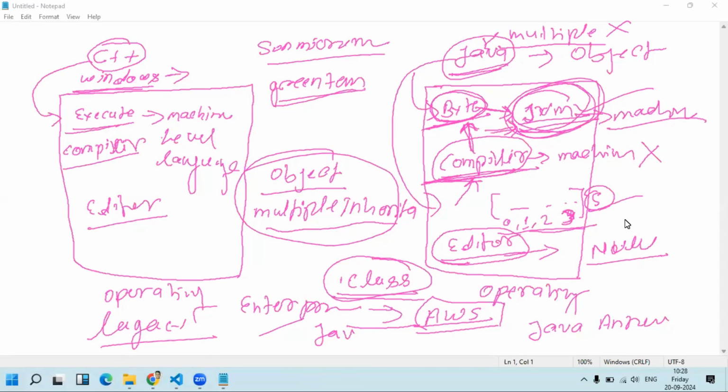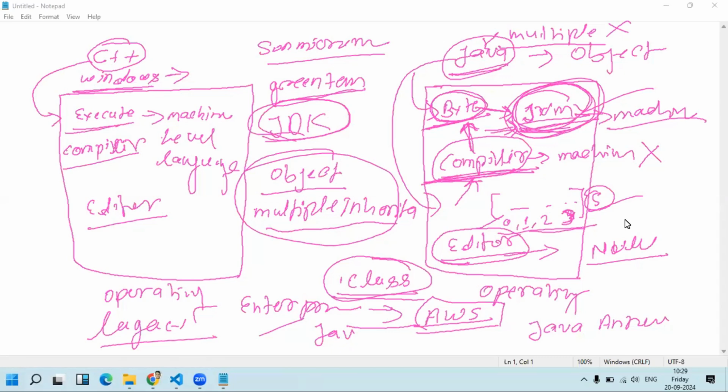For editor, compiler, and JVM, Java has a complete kit, a complete package, known as JDK. JDK stands for Java Development Kit. It contains everything inside it.